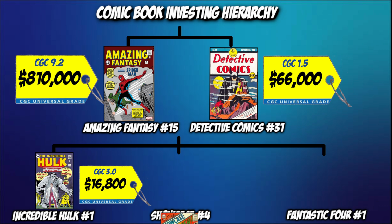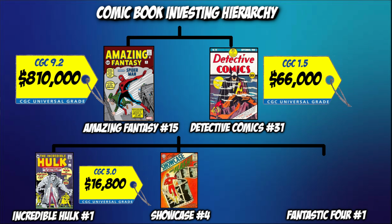Right next to the Hulk is the last DC book on the part 1 of this video. It is a copy of Showcase #4 and the origin and first appearance of the Silver Age Flash, Barry Allen. Of course, this is also the first appearance of Iris West. This book was published in September of 1956 by DC Comics. But believe it or not, this book is ultra rare for a DC Silver Age key and is CGC 2.5, sold last year for